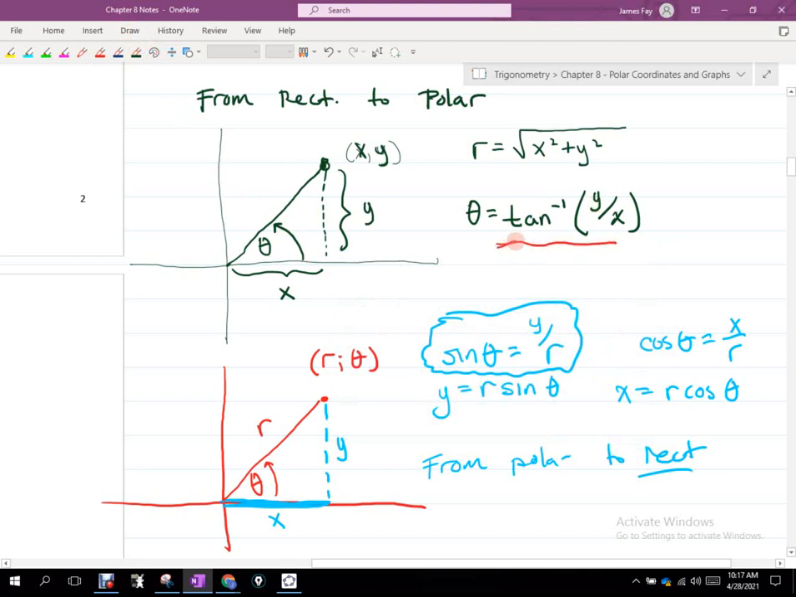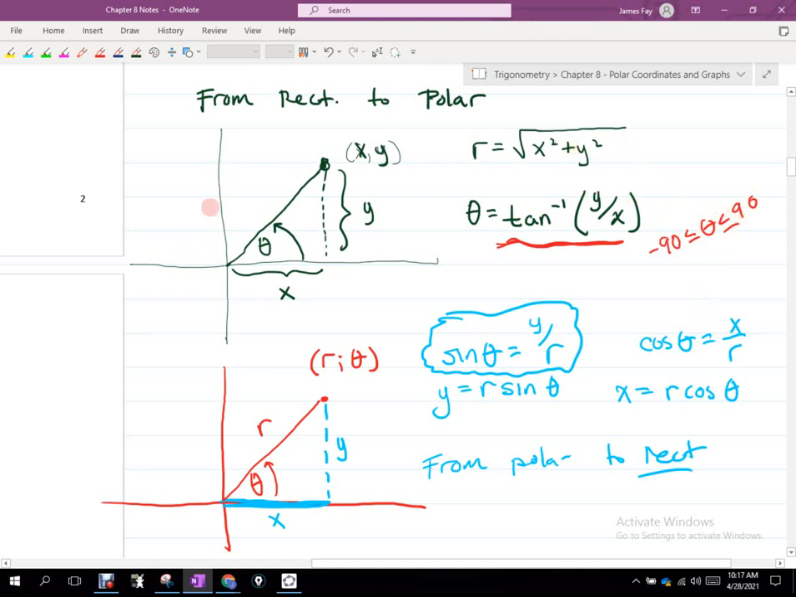Tangent inverse, what is the output for tangent inverse? What are the restrictions on it? Nope. That's for cosine inverse. Tangent inverse has the same range that the sine inverse has. So this goes from negative 90 to positive 90, or negative pi over 2 to positive pi over 2, which